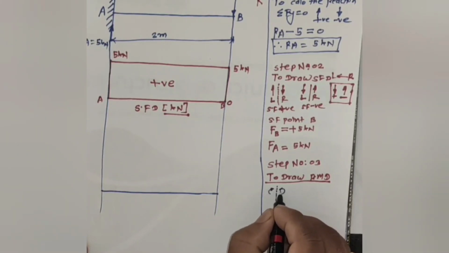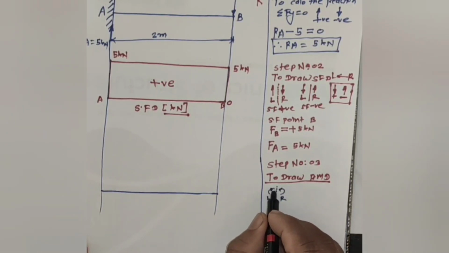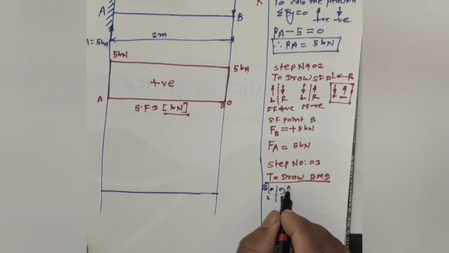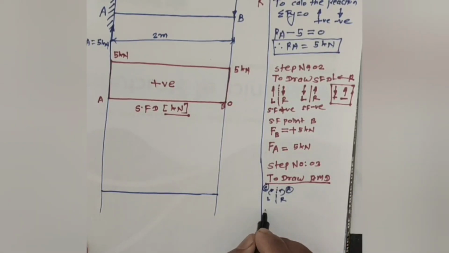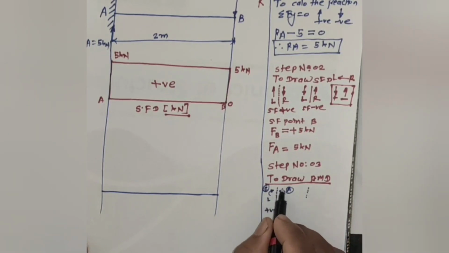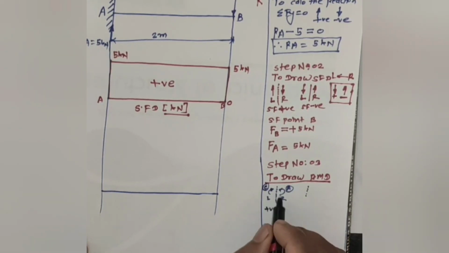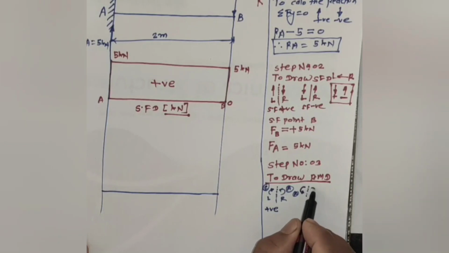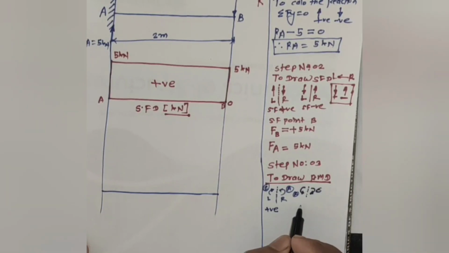Suppose the left side force is clockwise and the right side force is anti-clockwise, then the bending moment is positive. This is also called sagging. If the left side is anti-clockwise and the right side is clockwise, then the BM is negative, and this is also called